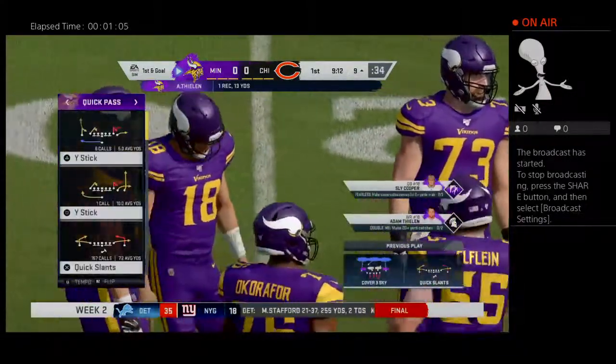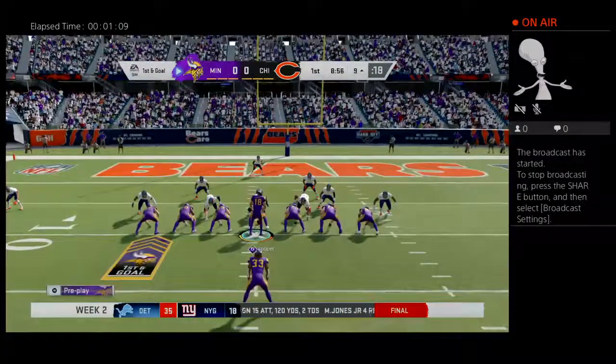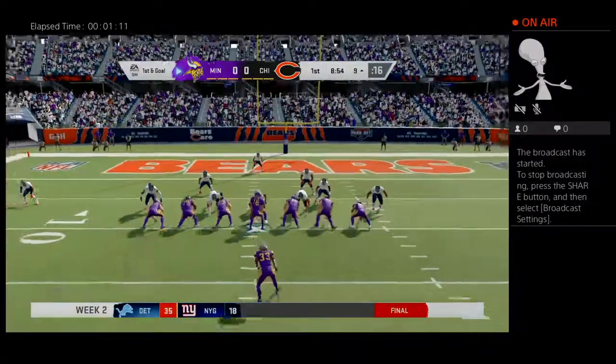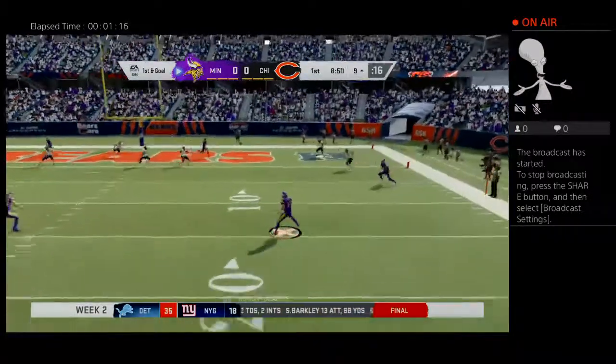Another good completion on the drive as the Vikings have a first down. Well, they're piecing together a nice drive to start this one. Seems pretty scripted and pretty successful so far. And I think they did it without our help, because you remember when we...